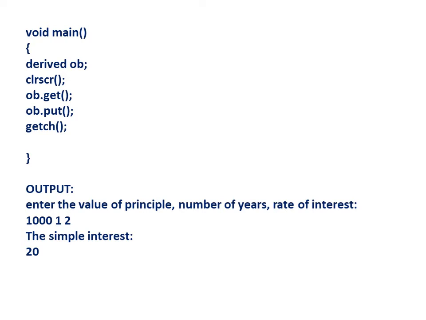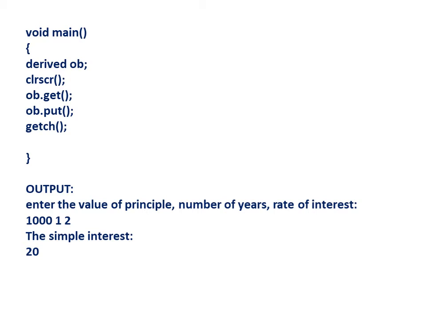So what happens here? The properties, that is the member functions, data members, everything that I am declaring in my base class is being utilized in the derived class. This is going to incorporate the reusability of the code. So ob dot get function. The get function is from the base class. I am able to access this get function of the base class using the derived class object. Why so? Because I have declared my base class to be public inside my derived class.